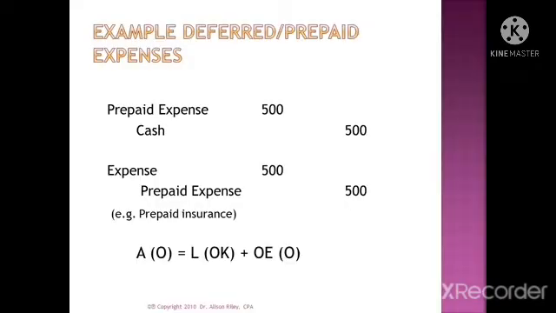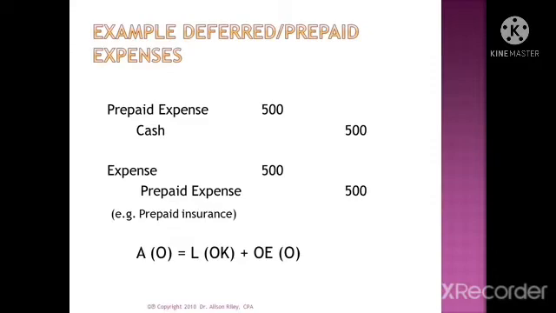This slide shows that as soon as we have made a cash outlay for a future expense item, we record the payment at that time with a credit to cash. The corresponding debit is made to a prepaid expense account, which is an asset account. This entry is not an adjusting journal entry, but is simply made at the time at which we make the